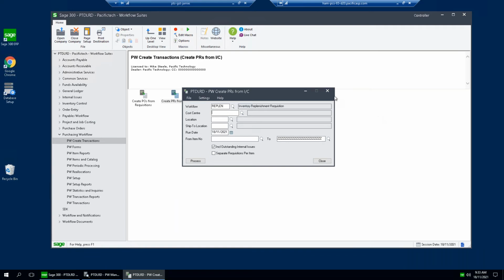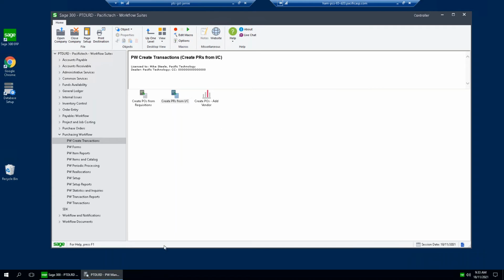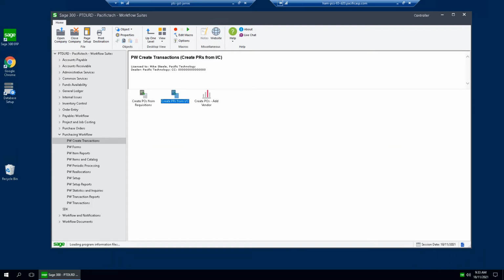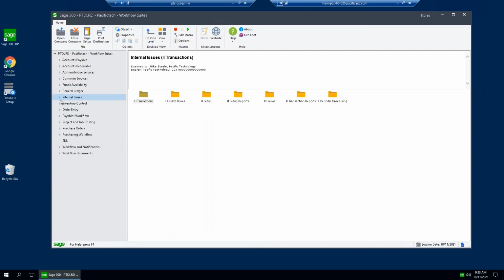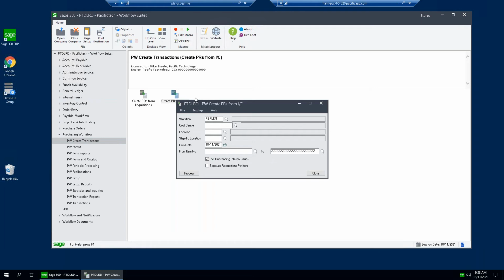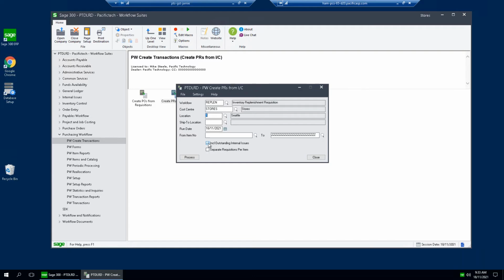Actually, I'll just log in as stores, as the user I should be in as. For doing the replenishment, it's often someone in the stores department. So our workflow is replen, our cost center is stores, and now we've got one option here. We can run it for a certain location and a range of item numbers, and we can include outstanding internal issues as well. So what that will mean is,